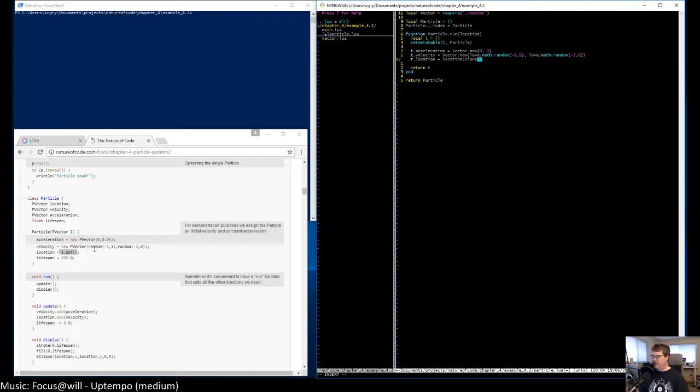And then we're setting a lifespan. Now, Love2D does have a particle system built into it, and I was sort of taking a look at it, but it looks like here we're creating our own particle system for learning purposes. And then later on I can go and learn Love's version of it and see what other cool things I can get from it.